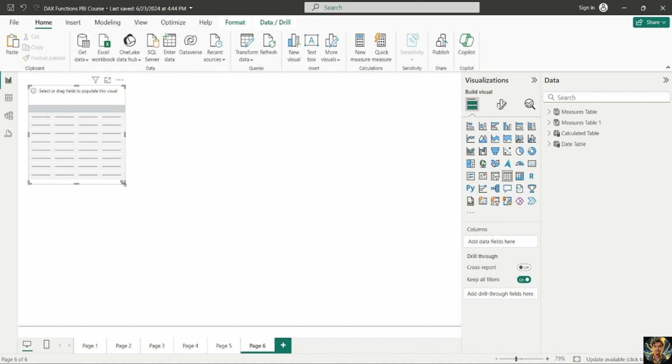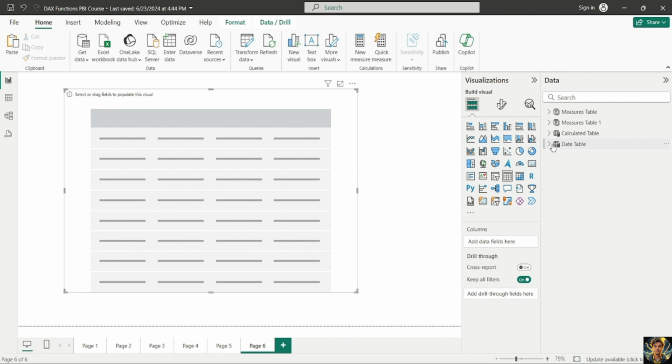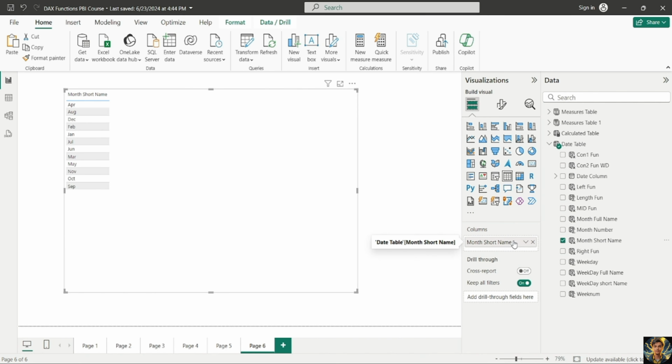And now let's say on this table, we further want to represent all the different months from the date table that we have. So I will simply double click on month short name under the data pane and drag and drop it here under the columns bucket. So you can see that the different months which are available in our data set are now being represented in this